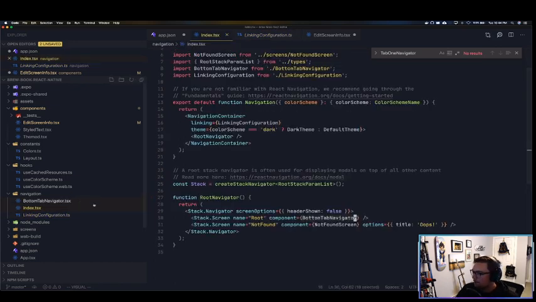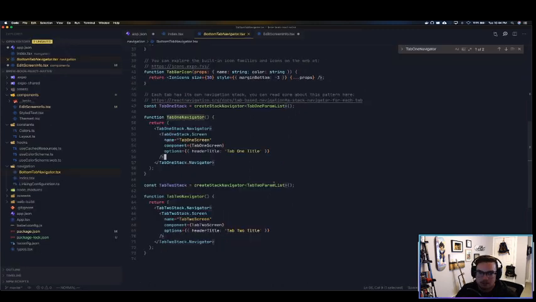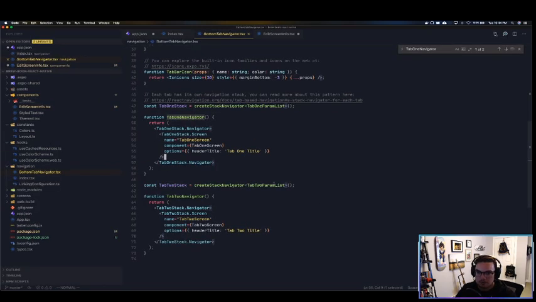All right, so again, let's go back to our bottom navigation. Let's change this a bit. I'm going to zoom out slightly. Hopefully it won't get too tiny on you. The quality might start to go. So let me just pull that up a little bit. Okay, so what we're going to do here is we have our tab 2 navigator, tab 1 navigator. We're going to change this to,